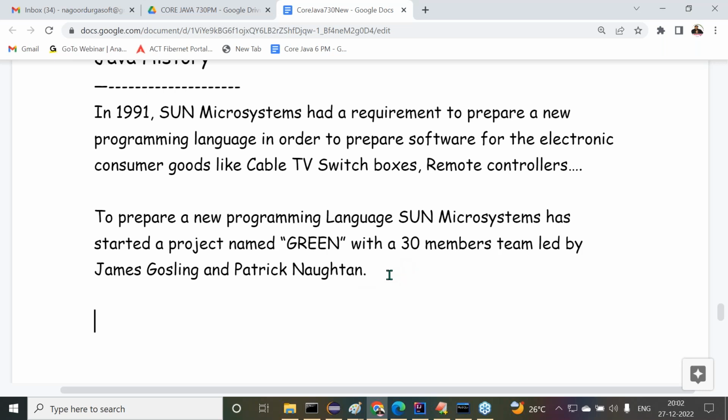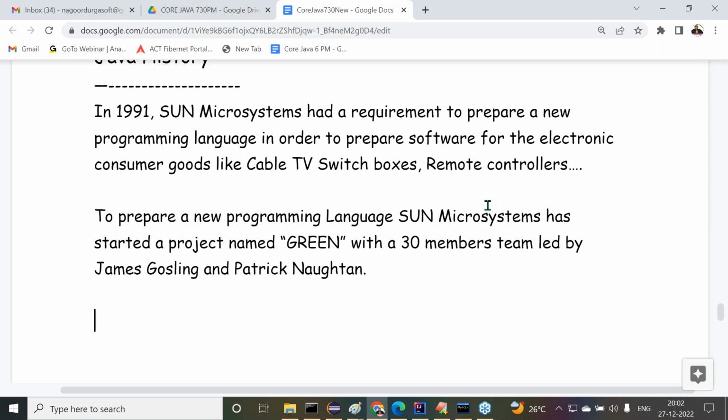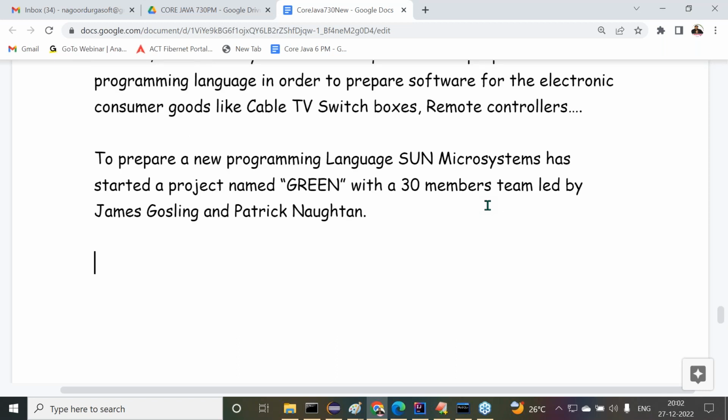That's okay, fine. But before starting this project, they wanted to see some plan for their new programming language. What features do they want in their new programming language? Sun Microsystems wants to define on paper the following features.